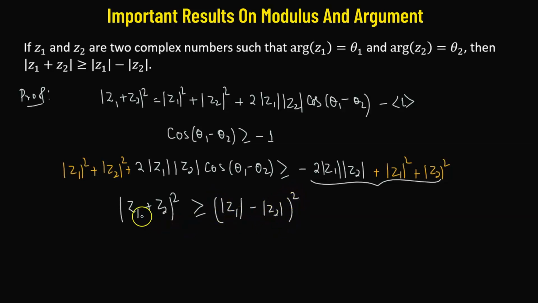Right, now what we can do, we can take the positive square root on both sides, and this gives us the final inequality: absolute value of z1 plus z2 is greater than or equal to absolute value of z1 minus absolute value of z2. Hence